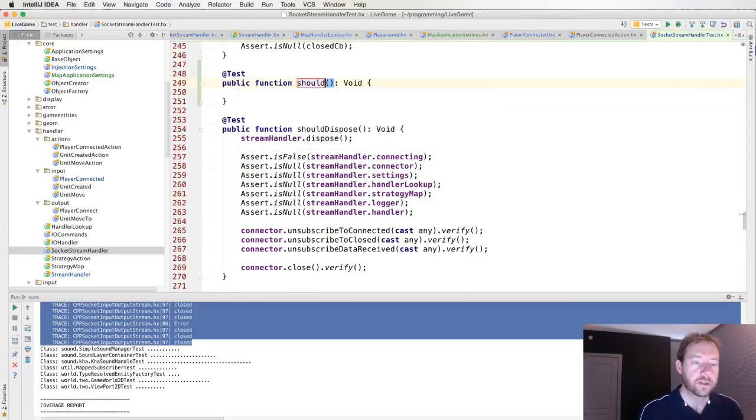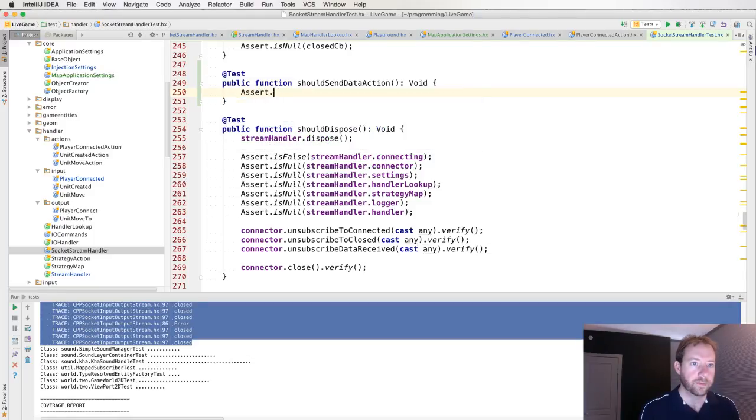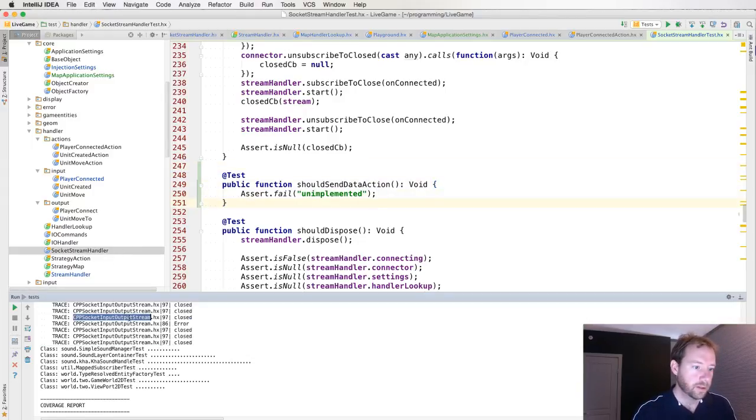Test should send data action or something. And this is going to be a fail. Insert fail unimplemented. There we go. So we want to make sure that fails while we take a look at this guy here,